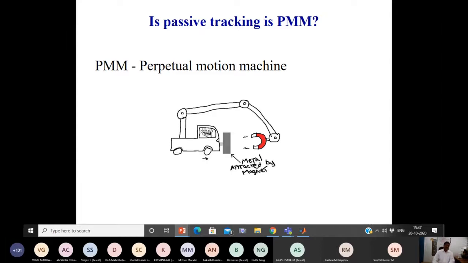But while seeing a solar tracking unit, especially the passive solar tracking mechanism, it looks like magic. Magic means we are not supplying any electricity, but energy is stored internally, maybe in kinetic or potential form, and slowly it is released. Since that is the internal part, we can't see it, it is completely covered inside the tracking mechanism. It looks like a perpetual motion machine.